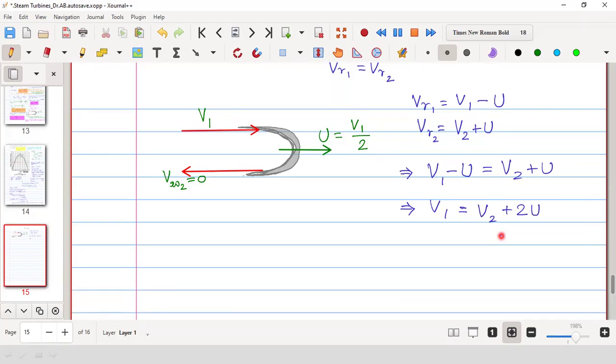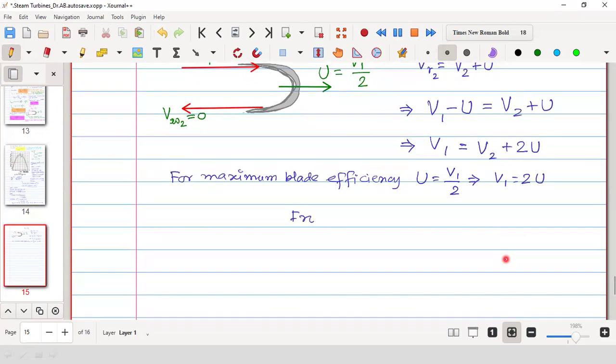আবার আমরা কি জানি যে এই V1 is equal to 2u, এই তো ম্যাক্সিমাম এফিসিয়েন্সির জন্য বার করলাম, তাই না? ফর ম্যাক্সিমাম ব্লেড এফিসিয়েন্সি, V1 is equal to 2u, or একটু প্রপারলি লেখা উচিত, that is u is equal to v1 by 2, that means basically v1 is equal to 2u। তাহলে এখানে v1 is equal to 2u বসিয়ে দিলে v2 is equal to 0 আসছে, ওপরের ইকুয়েশনে দুটো ইকুয়েশনকে কম্বাইন করে।